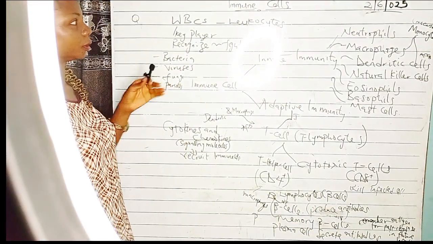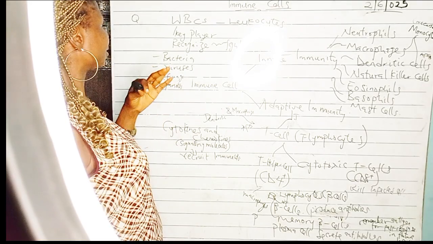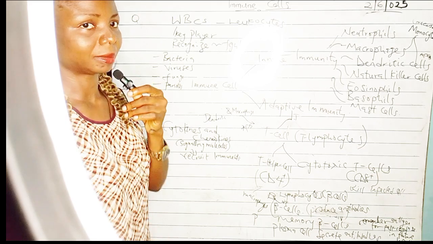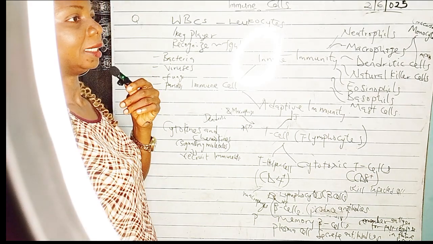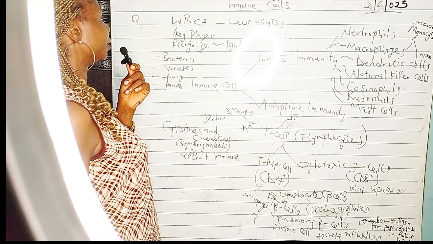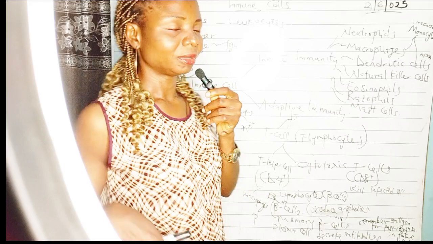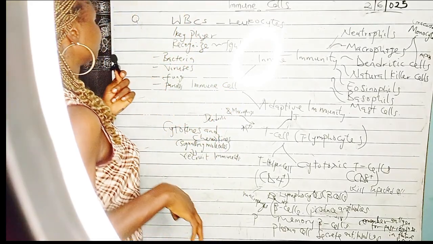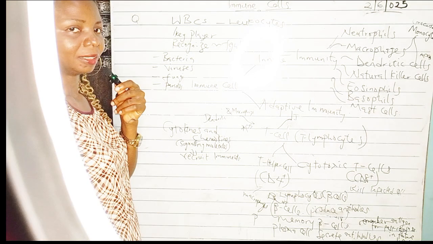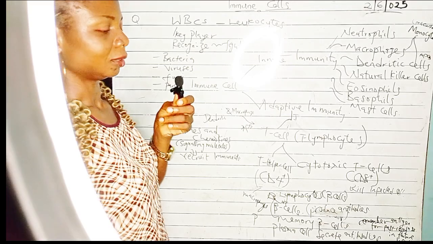Hello, so we are going to discuss immune cells. Immune cells are the white blood cells, which we also call the leukocytes. They are the key players in the immune system because they recognize and fight invaders or infections in the body. They fight against bacteria, viruses, parasites, fungi and other